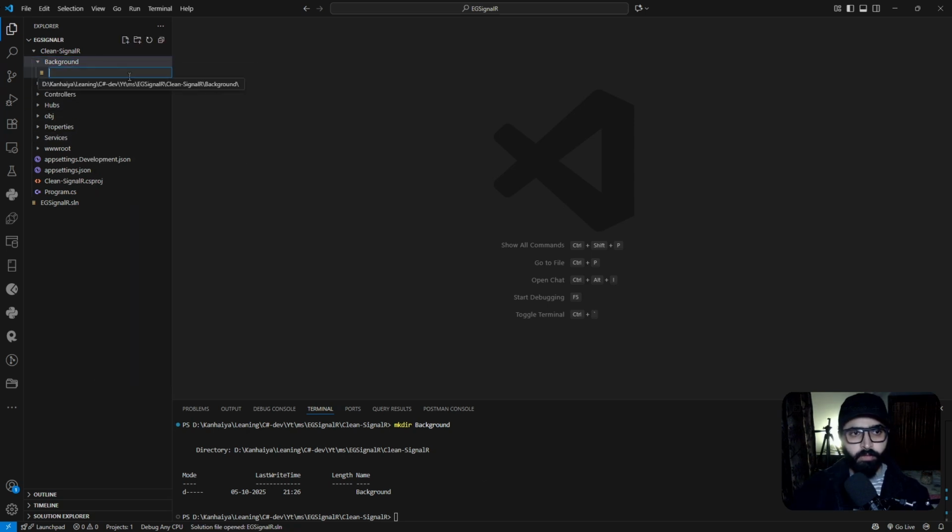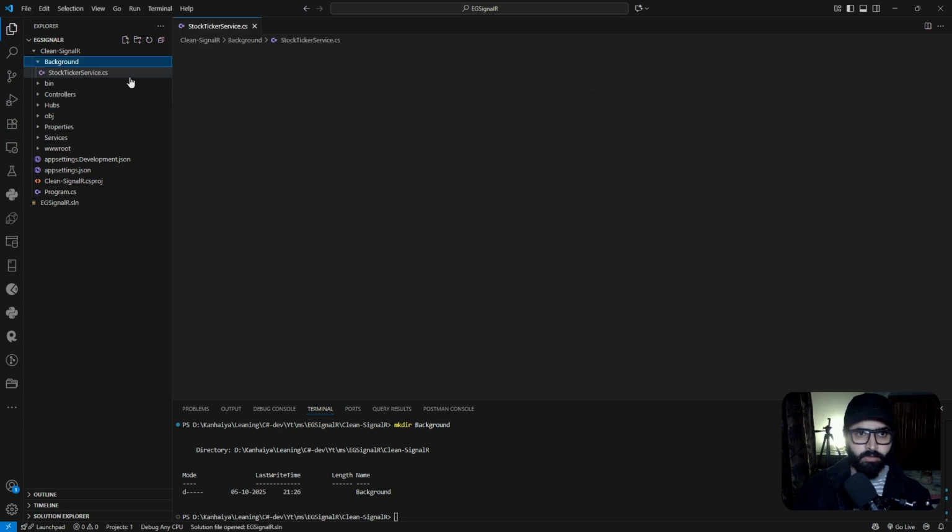Let me create one file, StockTickerService.cs. Let me quickly define the namespace here. CleanSignalR dot, what is